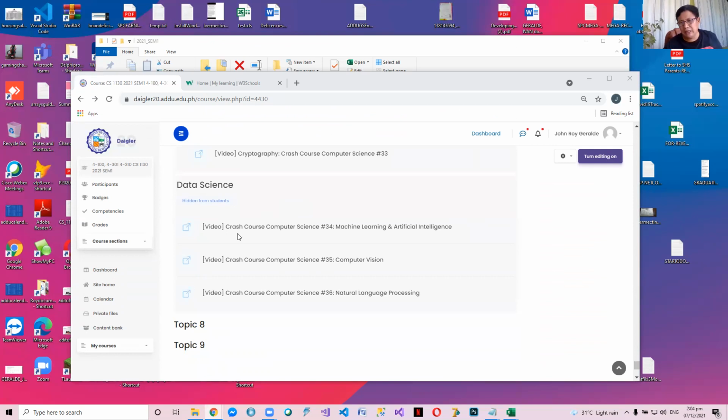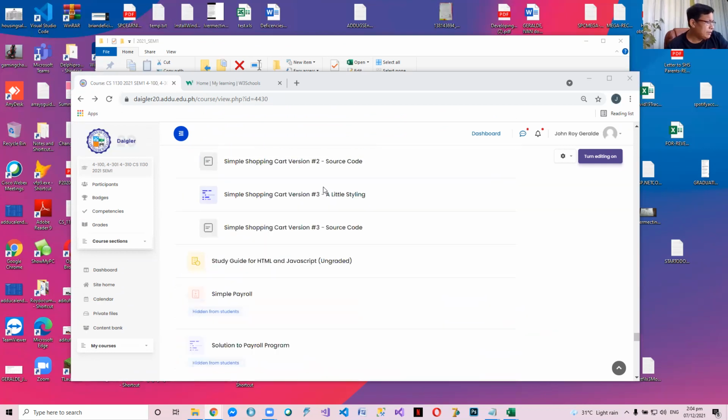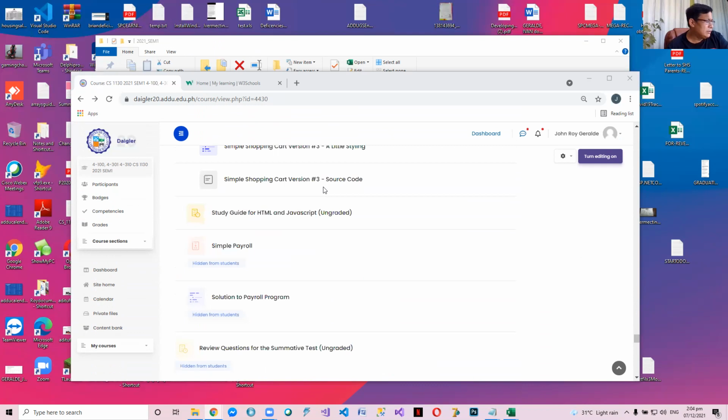Ito yung idadagdag ko later. I'm sure we'll have time because unlike last semester, when the pandemic just started, we had a lot of disturbances. No? Na-short yung aming klase by almost a month because we had been postponed for 2 weeks. So, ngayon wala tayong postponement so we can have the whole 36 weeks, I think, no? For discussion so we can introduce more topics. Okay. What did I forget? So, idadagdag ko.